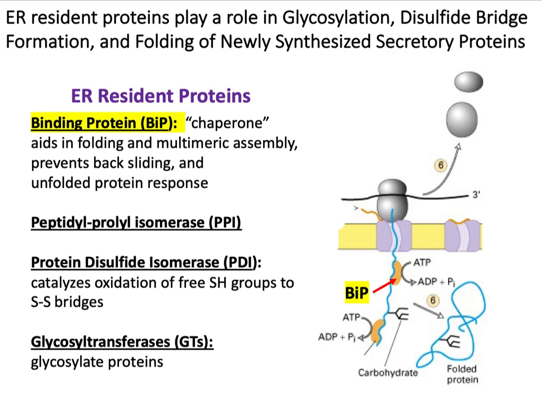In this case, BiP will aid in folding and multimeric assembly of the proteins. So as proteins are being synthesized and extruded into the ER, BiP can bind to them and help them fold properly. And if proteins must interact with other protein subunits, then BiP can assist in the formation of protein